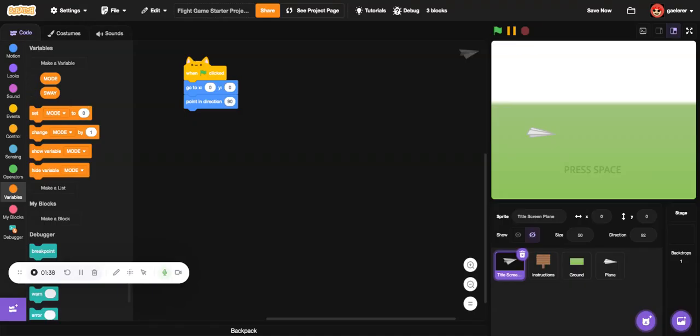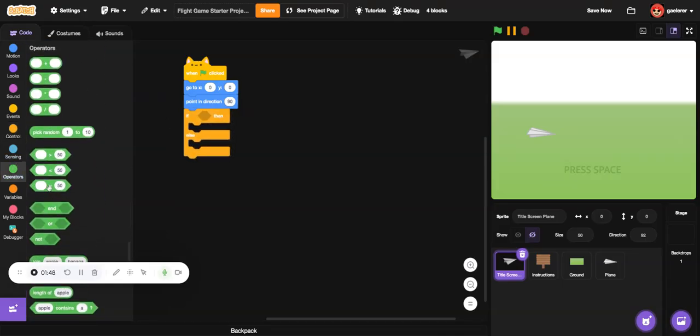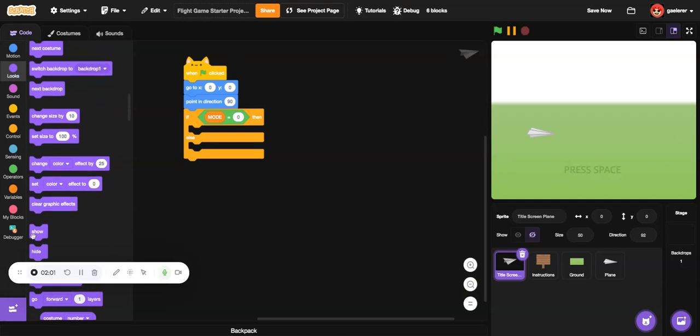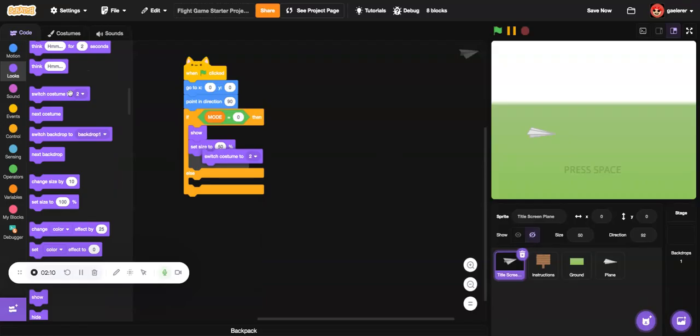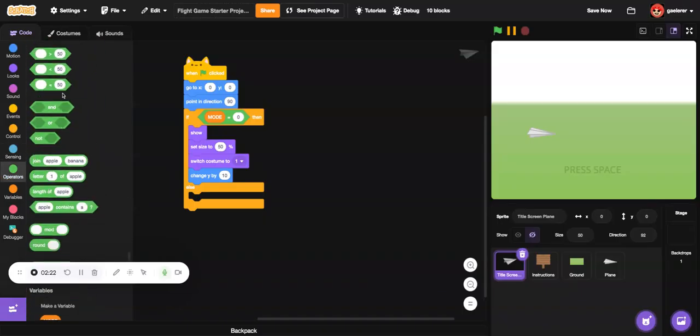So put an equals. If mode is equal to 0, okay, show, set size to 50, switch costume to 1, change Y by